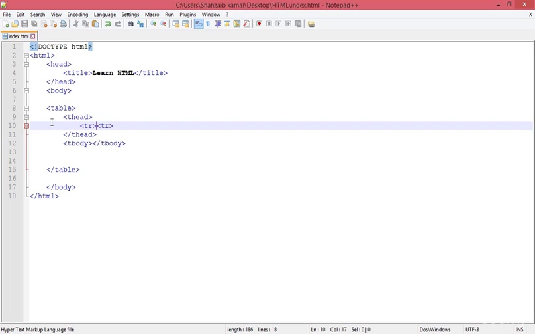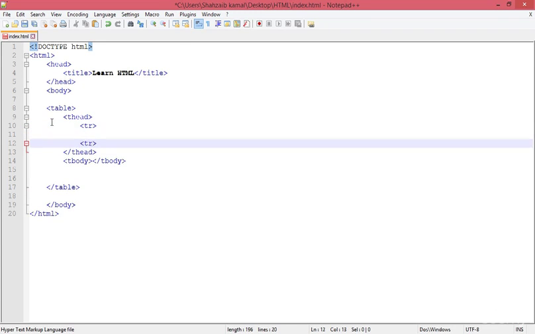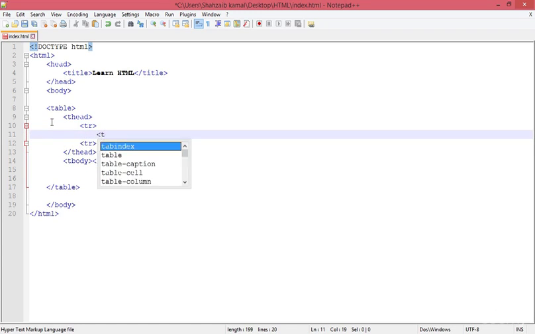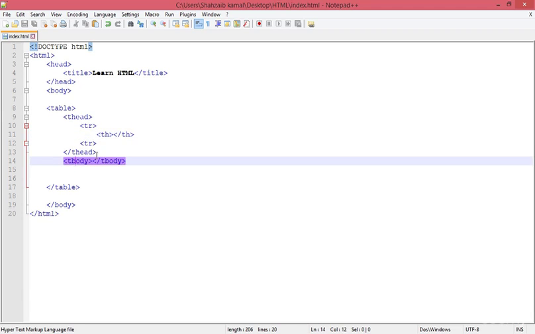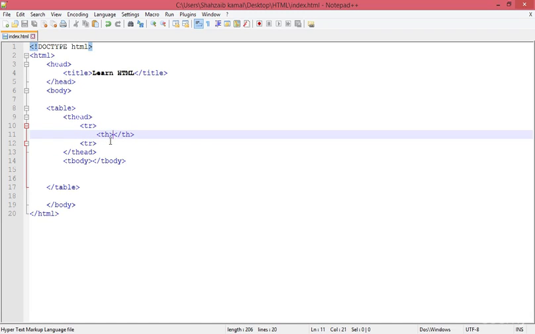Now we have to put the cells inside the table row, and here I'm going to put the cells. TD is equal to a cell, but I'm not putting the TD here because I'm putting TH. The meaning of TH is table head cell. In the body we'll put the table data, the TD, but here we're putting the table head. So now for the first column I'm putting